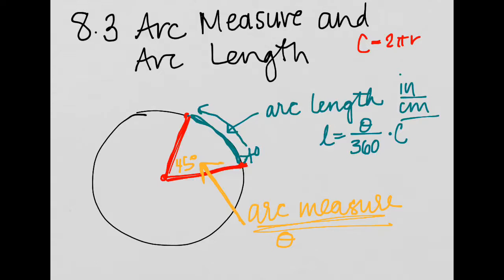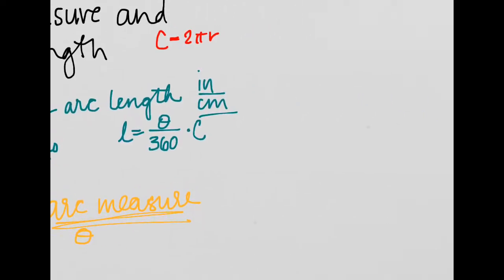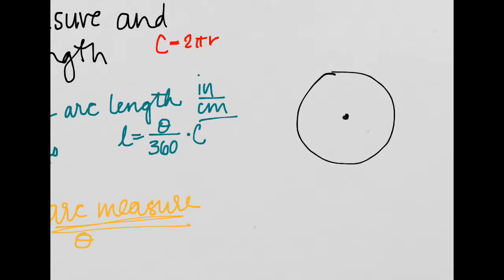Okay, and again, that is going to change based on a few things, based on the degree measurement, right? This part right here, how wide is this, and your radius, right? So if I had a smaller circle, I could have, I don't know, let's call it 60 degrees. That's not exactly, but we'll just assume. This distance here will be some measurement. We would have to know the radius in order to find it. But if you had a larger circle,